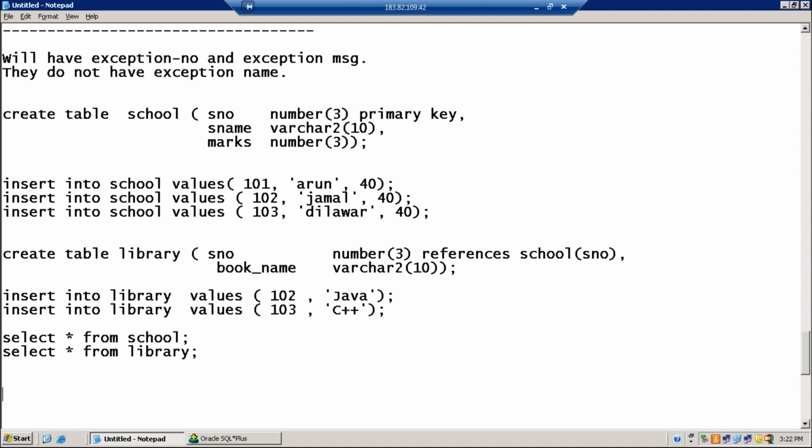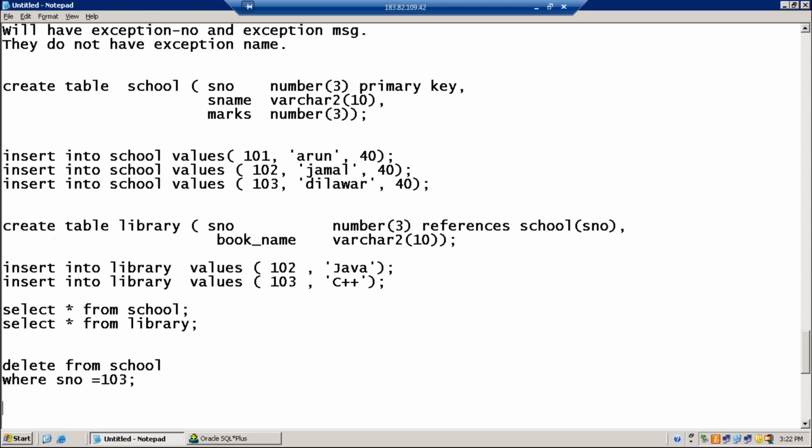And then, is it a valid delete command? Delete from school where S number equal to 103. First look at this.